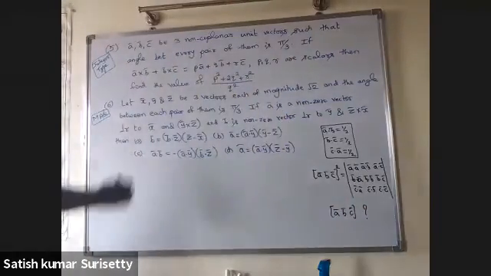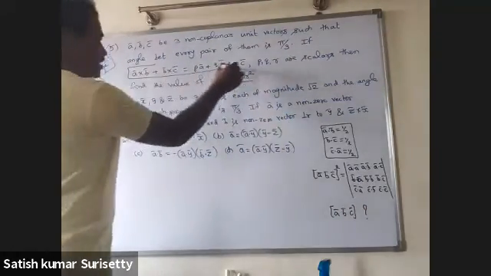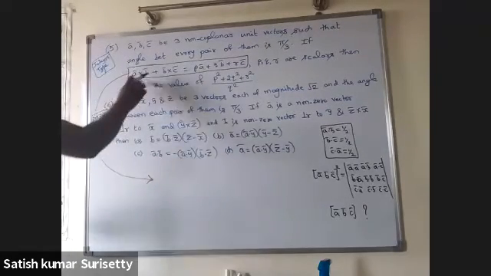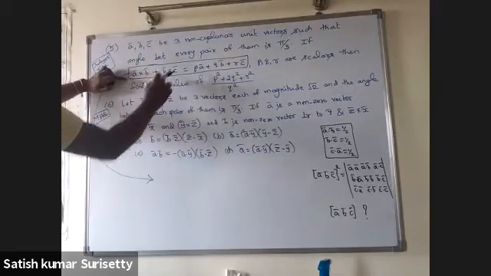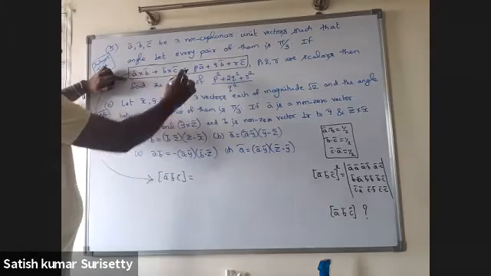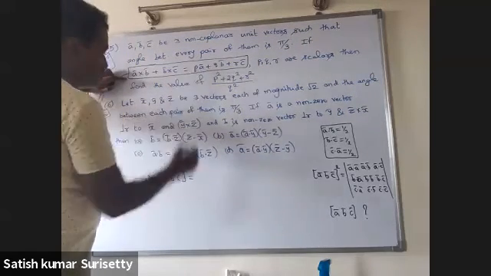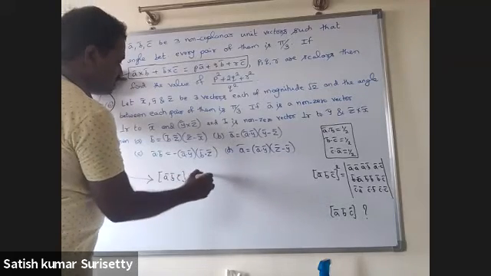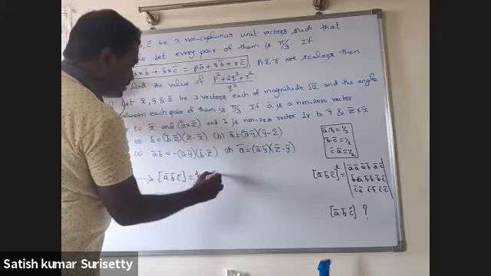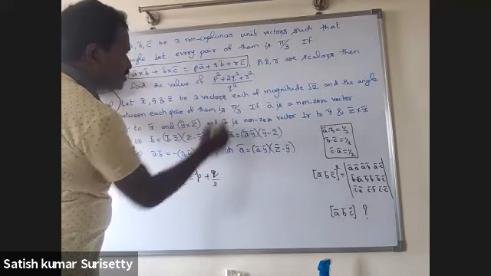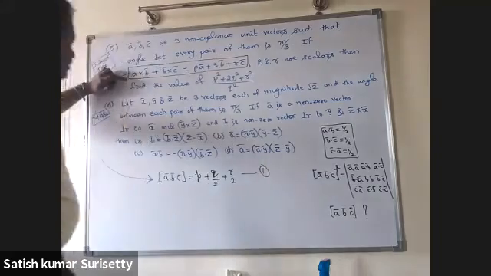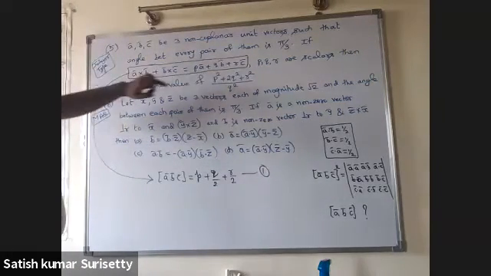Now you take dot product with a bar on both sides. So if you take dot product with a bar on both sides, this will be 0. This will be the scalar triple product of a bar, b bar, c bar equal to p plus, dot product with a bar, a dot b is 1 by 2, that means q by 2, plus r by 2. Say this as equation 1.